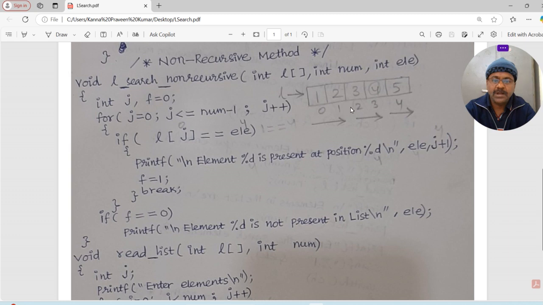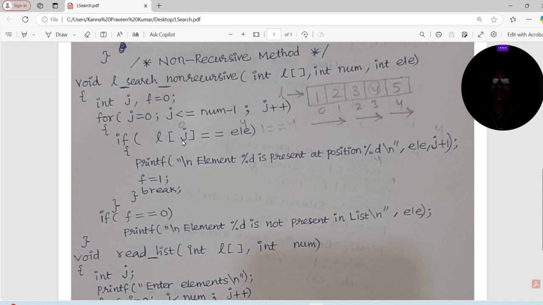L of 0, L of 1, L of 2, L of 3, L of 4, up to 4, 0 to 4, that means 5 elements. To traverse I have taken here for loop. L of J, J means 0, L of 0, what's the L of 0? 1. What's my key element? 4. For example, if I give 4 as my key element,